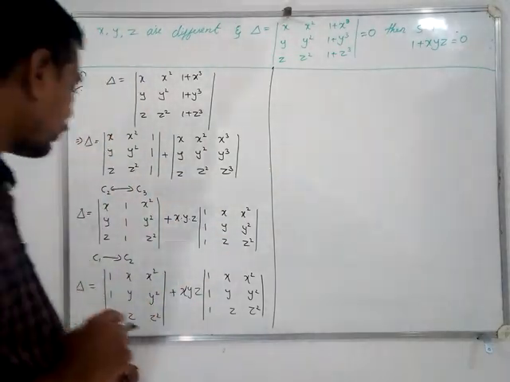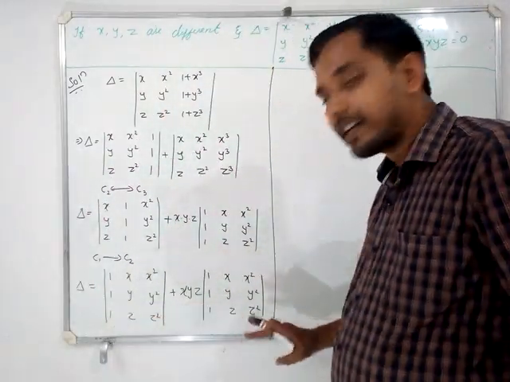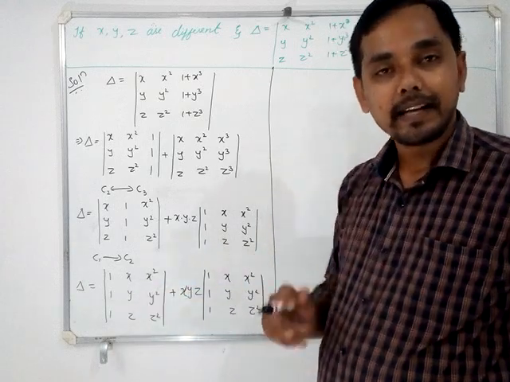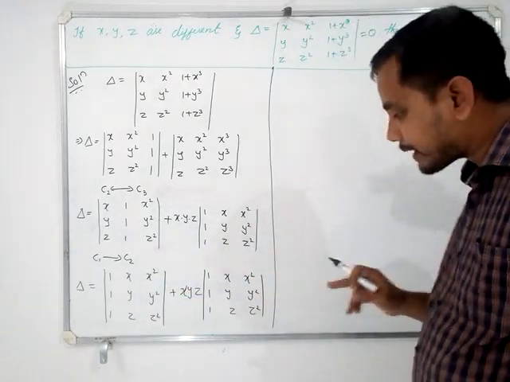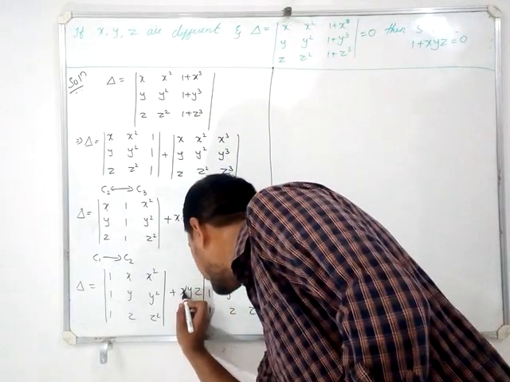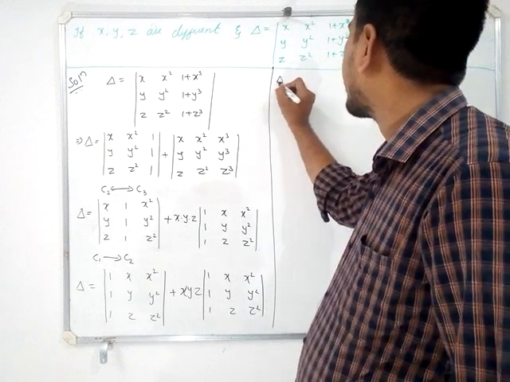Okay, so now I have interchanged. You can see both the determinants are the same. Observe that both the determinants are same. So when both the determinants are same, I can take this determinant common. So this is x. I can take the determinant common. So delta, I can write it as